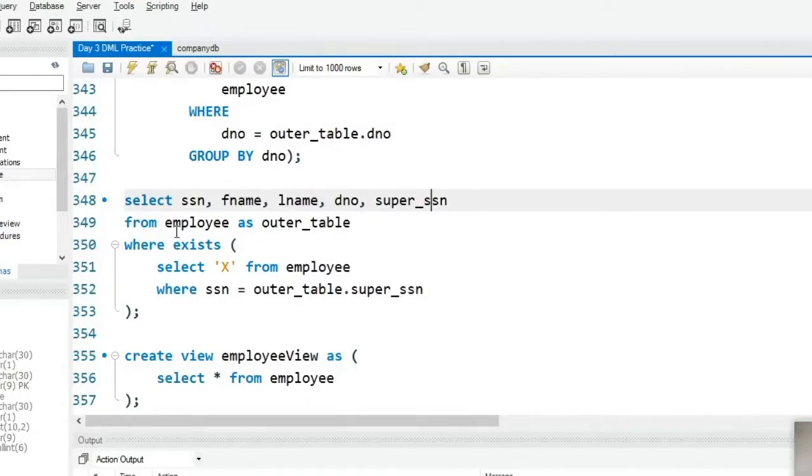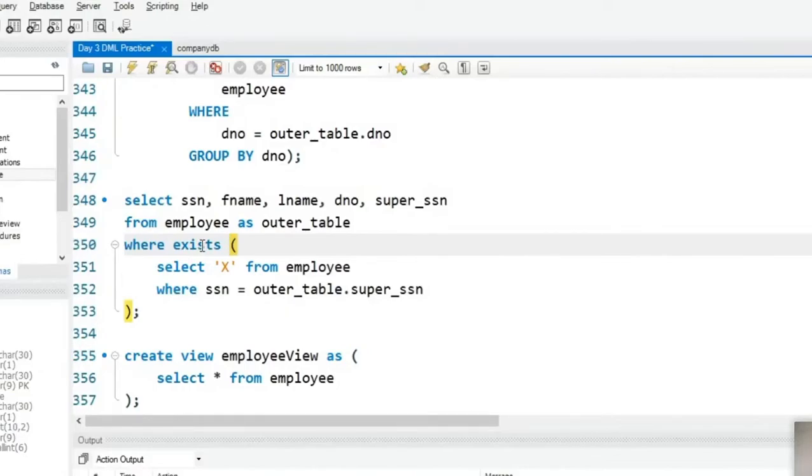And then this outer table here, the condition which we are writing is EXISTS. EXISTS is going to check whether the inner subquery has returned any row or not. Is it returning me a none, or is it returning me a non-null value? If the subquery returns a null value, EXISTS will return a false. If it returns some non-null, that is some rows are returned by the inner query, then it will return you